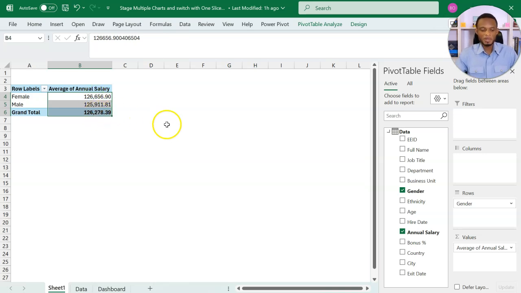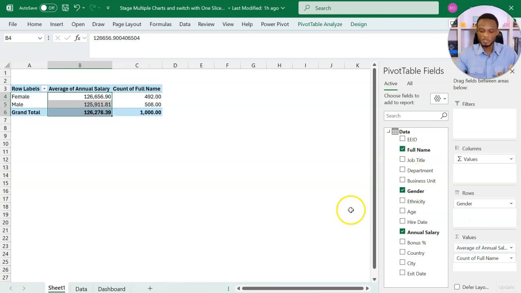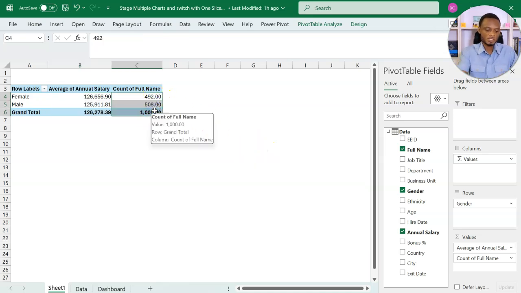Okay. Now, aside the average calculation, I also want to do a head count, right? So to do a head count, I can pull the full names and then put it in the value section. Okay, this way it counts the names for me. Okay, so this is the head count for all the staff in the organization. Okay, now all we need to do is reference